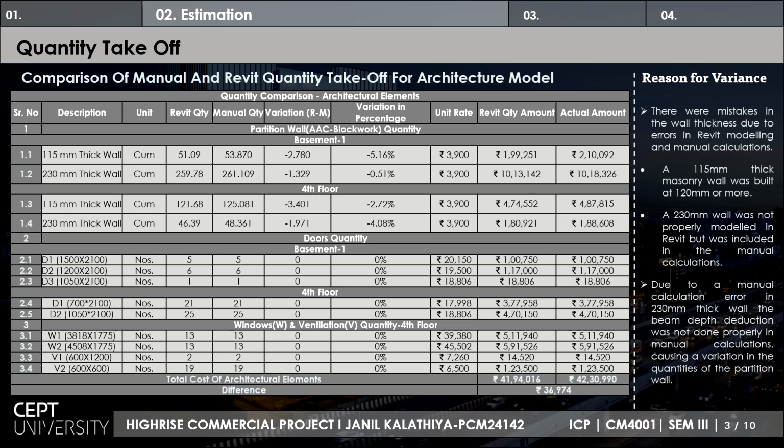Here I'm showing the architecture model quantity takeoff comparison between the manual and Revit quantities. A similar comparison was carried out for AAC blocks, walls, doors, windows, and ventilators. Here there was a different scenario, where the discrepancies arose mainly due to modeling errors and manual calculation mistakes, especially in incorrect wall thickness modeling, where the layout and design had been changed,